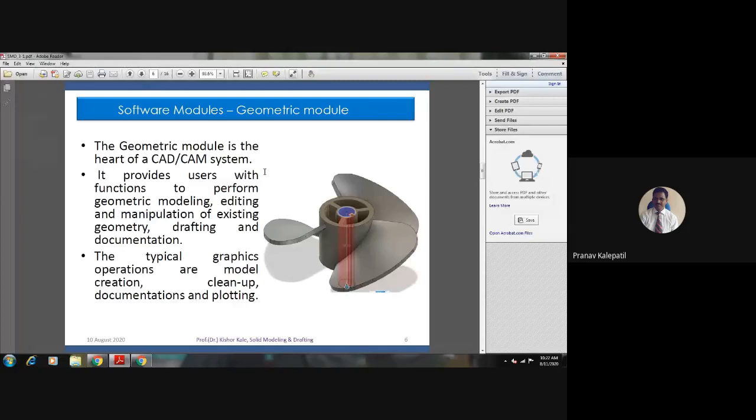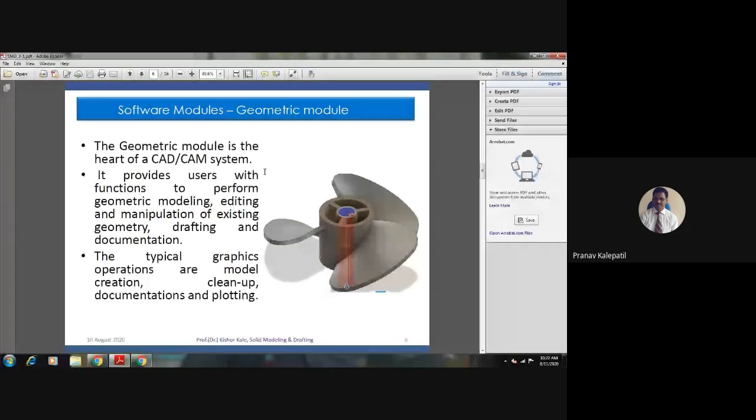Now, this geometric module is the heart of a CAD/CAM system. What we are going to create here are new models, and that will be done in the geometric module. It provides users with the functions to perform geometric modeling.